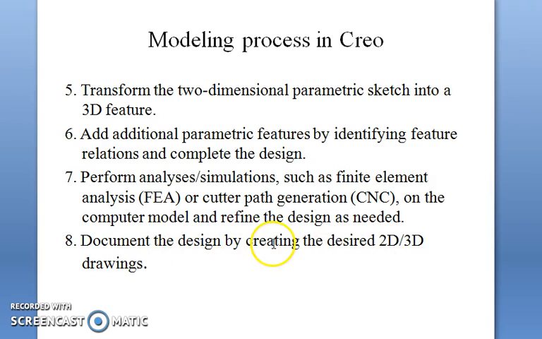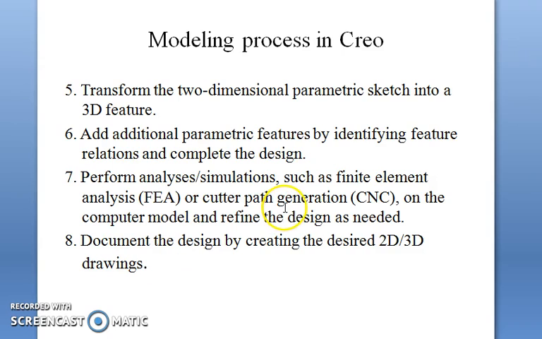All the 3D drawings which are created, you need to create detailed drawings or a drafting of each and every component. And if it is an assembly, we can create an assembly drawing also, which we are going to provide to our manufacturers, who are going to use those drawings and produce the parts using various machines.